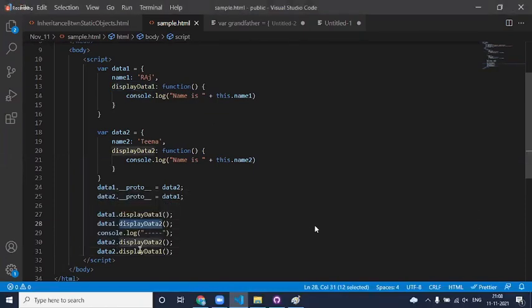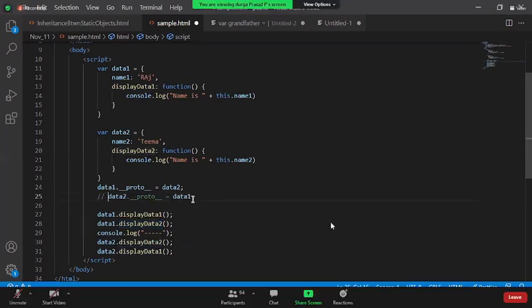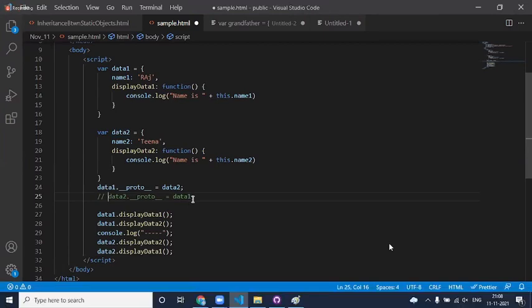But when I say data 2 dot display 1, it is throwing an error. Why so? When I am saying A is inherited by B, B can access all the data of A, but A cannot access any of the data of B, because A does not have any info about who my children are. Only B is going to get the data, that's it.